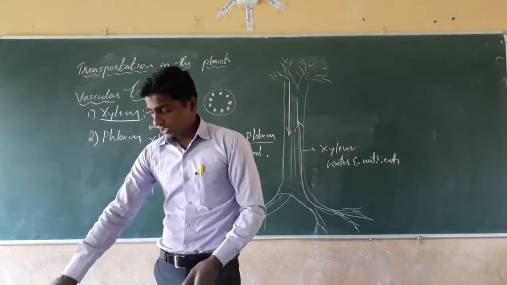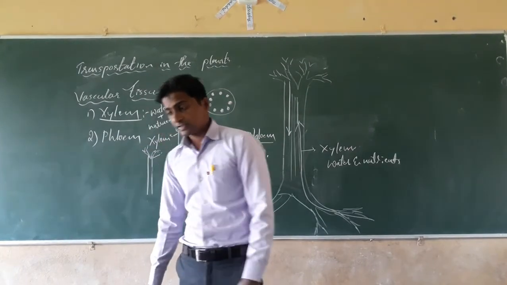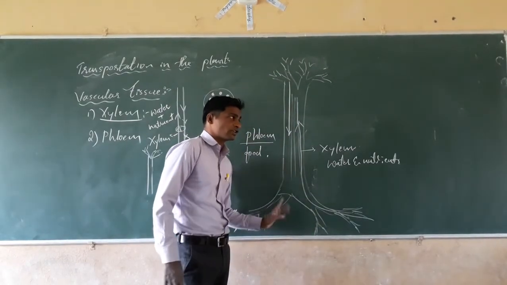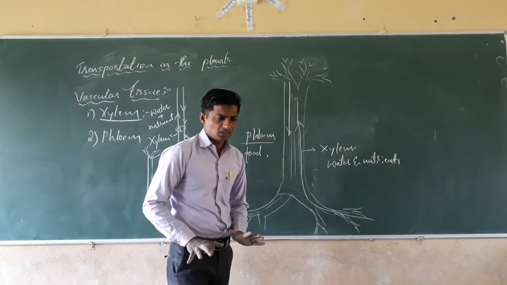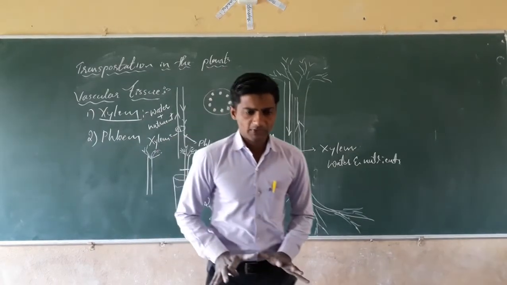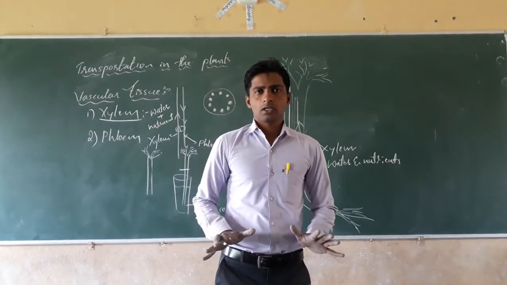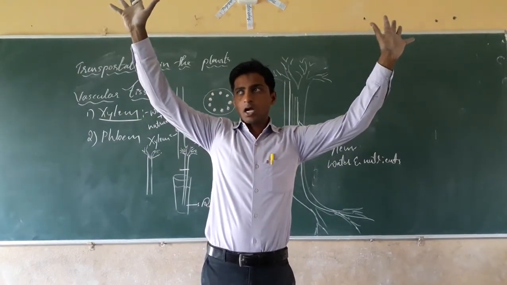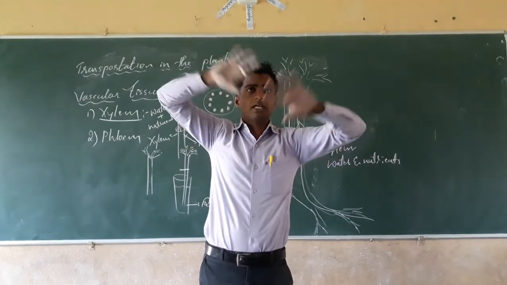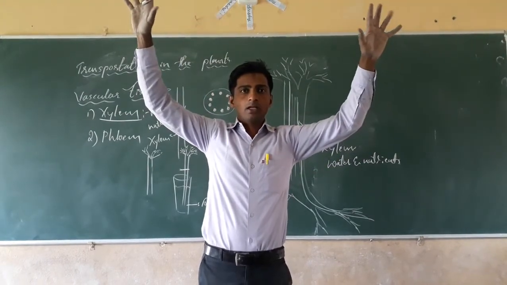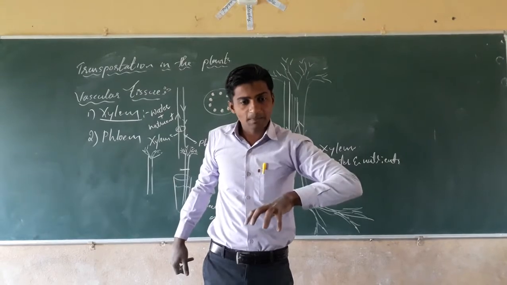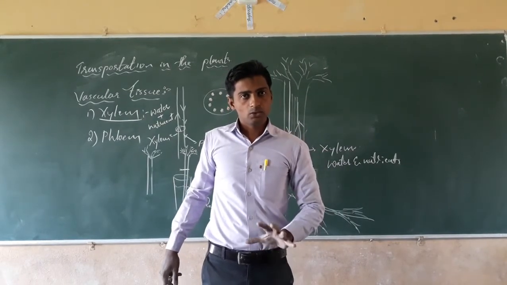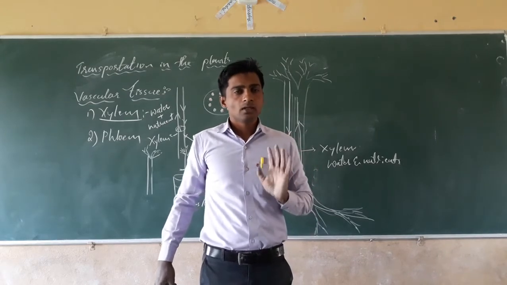in case of plants, roots are there for the conduction of water, and they are in the form of a network. How much the size of the plant is present in the aerial part, above the stem in the atmosphere, in the air, that much size of the plant is present in the ground, to conduct the water and all.